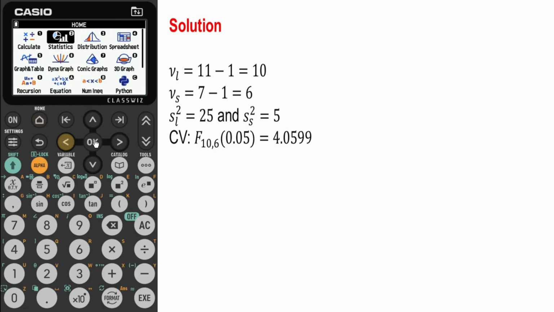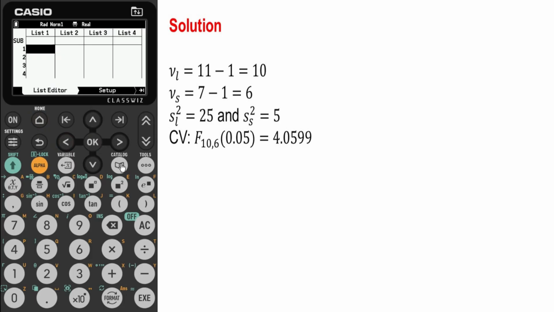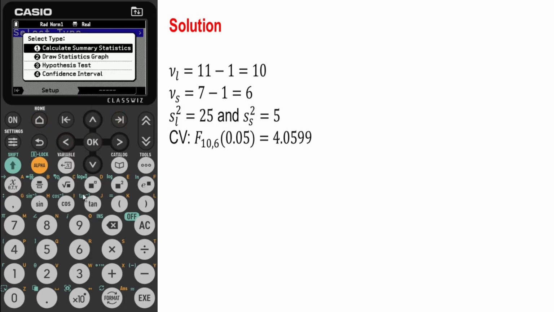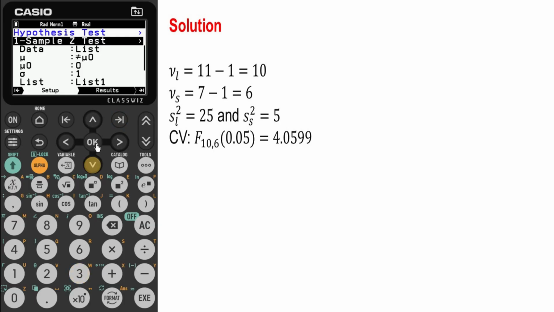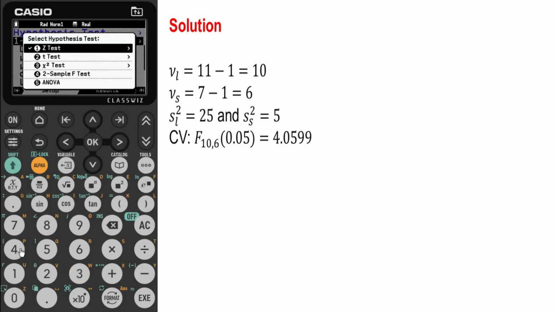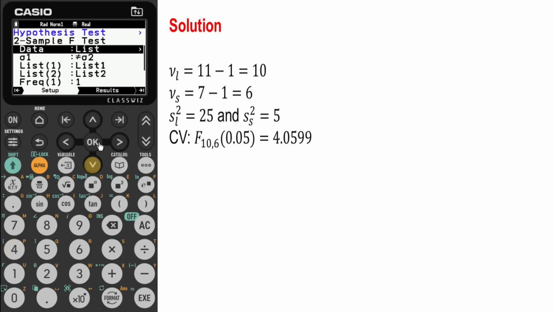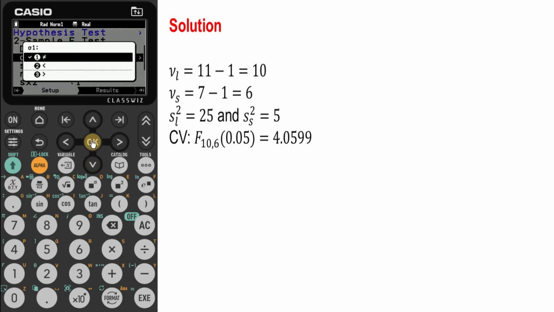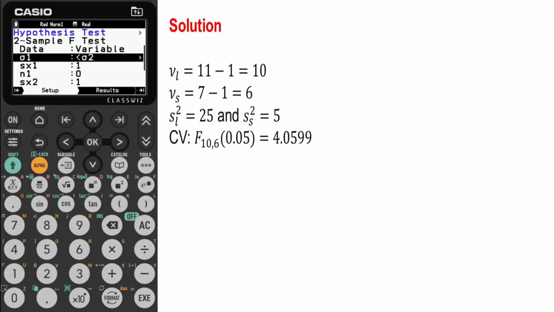If we go to the statistics application, then setup, then the third option for hypothesis test, we have a 2-sample F test. Data is variable. We are testing sigma 1 being less than sigma 2. We have SX1, which is the larger. So here we have the square root of 25,